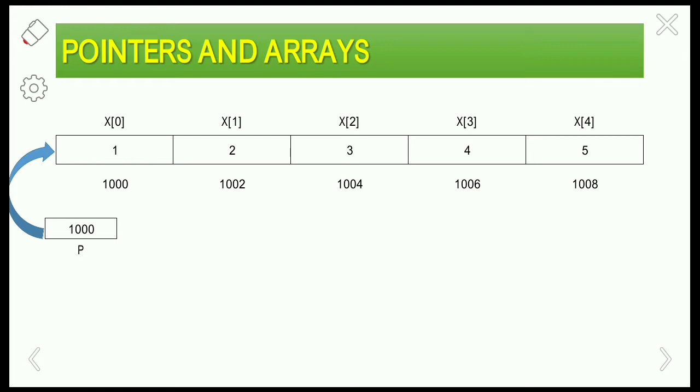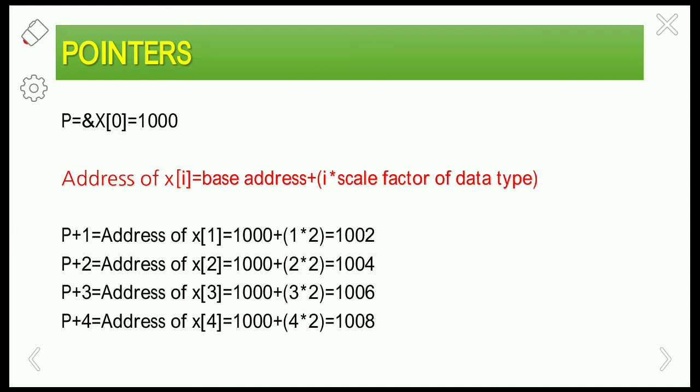So here I am taking an array of length 5, with the values 1, 2, 3, 4 and 5 inserted. And this is the pointer p, which is pointing to the base address of the array. Here the pointer is going to point to the base address of the array, which is 1000, stored in the pointer p. Okay, so now we will see how the concept works.